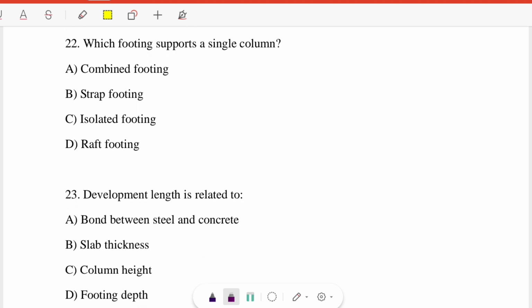Next question, which footing supports a single column? Option A combined footing, option B strap footing, option C isolated footing, option D raft footing. So the combined footing is broadly classified into two types, where two columns are combined into one footing, that is trapezoidal combined footing or